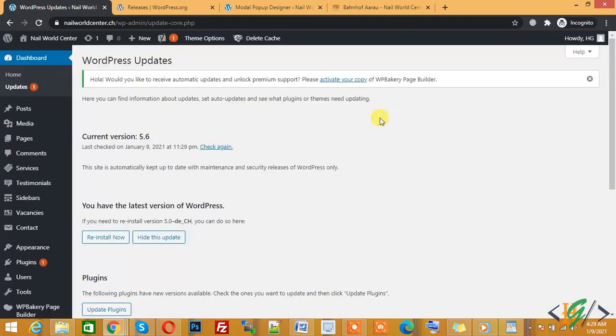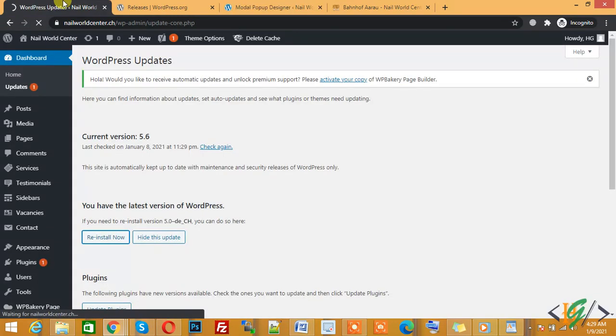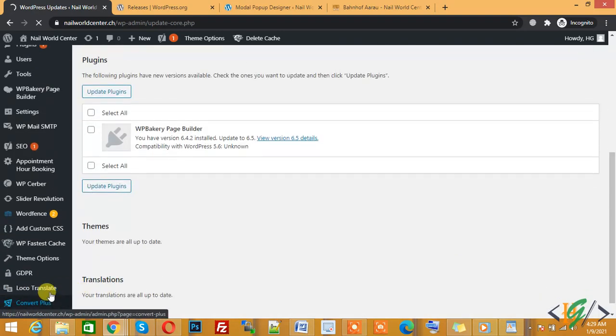Our current version is 5.6 and you have a later version of WordPress. If you need to reinstall version 5.0, you can do so here. Now click on reinstall. Now we are installing version 5.0, and after this we can make changes here and then go back to the latest version, because this Convert Plus plugin conflicts with version 5.6 of WordPress.